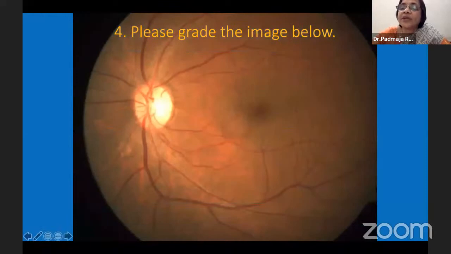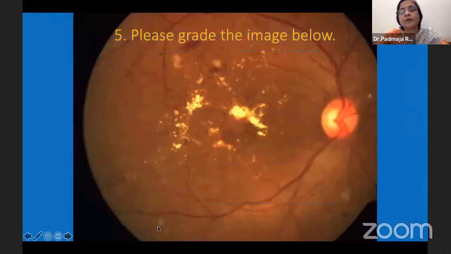Yes, please grade this image. We need to understand that for screening, only about 20% of our diabetic patients will have some form of diabetic retinopathy. That means around 10% only will have the severe sight threatening diabetic retinopathy, which can be easily graded. But we need to look. Someone clearly said that it is a mild NPDR, because one needs to really look for those red dots. Where are they? One needs to look clearly. There are some yellow dots also, one or two small ones, so this is actually a mild NPDR. Very good.